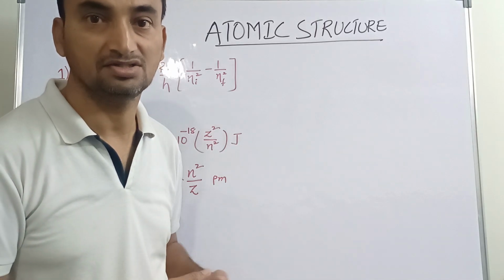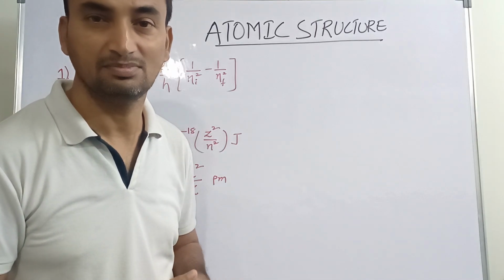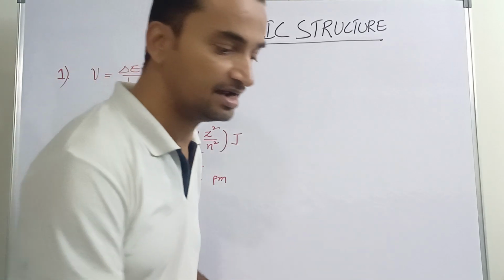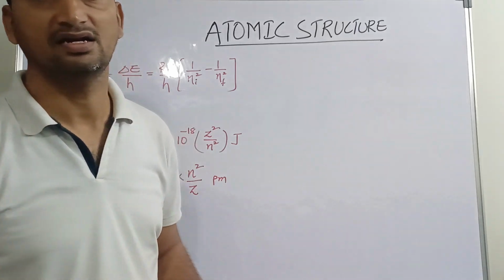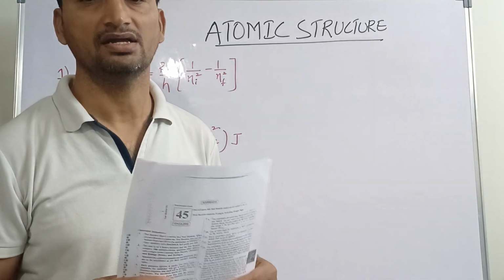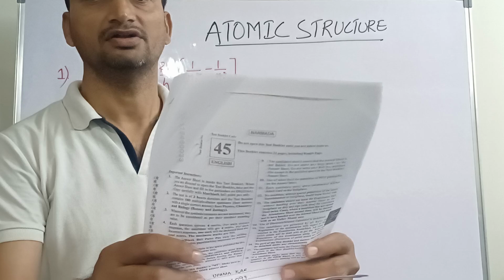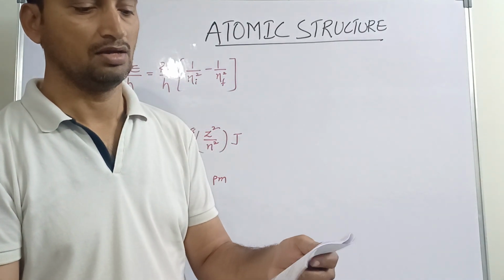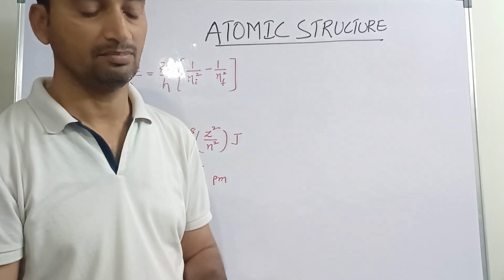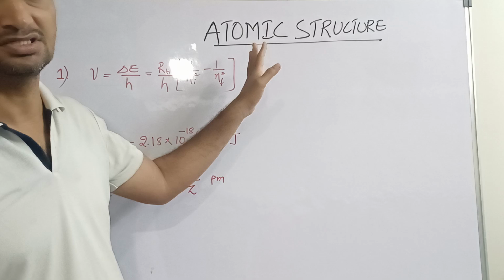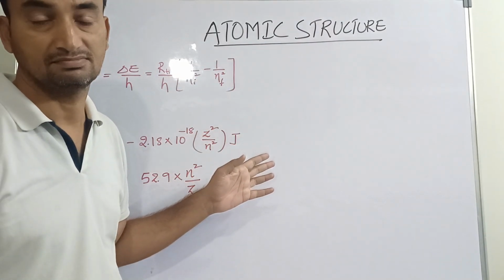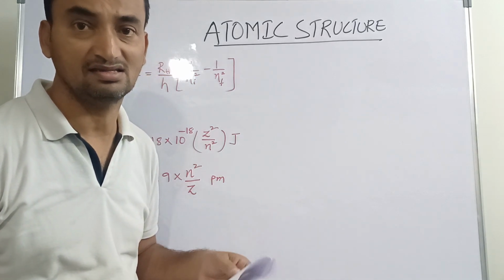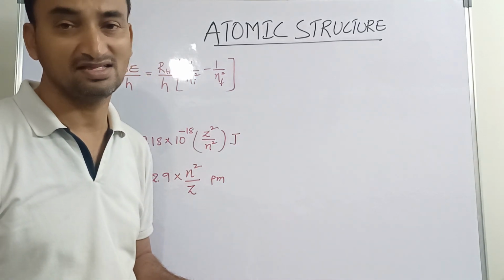If you see the first unit in the syllabus, the second topic is atomic structure. This is the NEET 2025 paper. Now we will see the first question. From this atomic structure, they have asked three questions. One is on Dalton's atomic theory. If you see that, that is a very easy question.